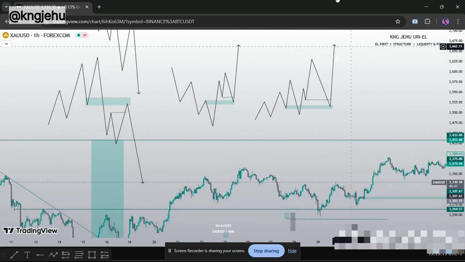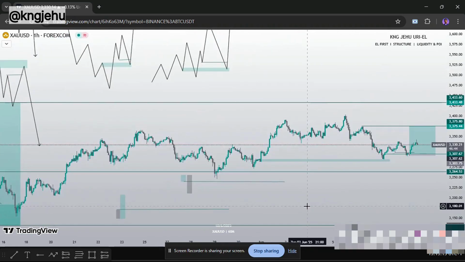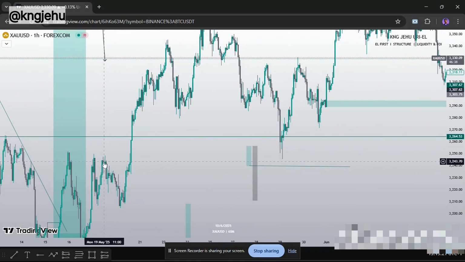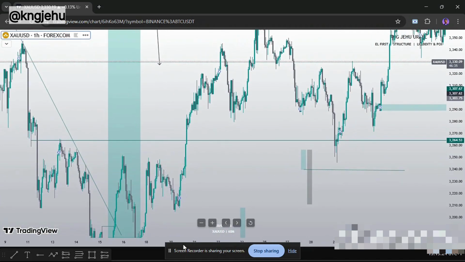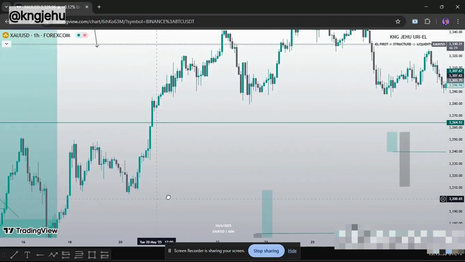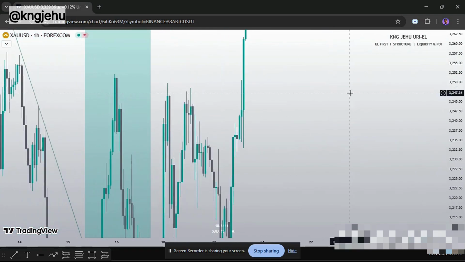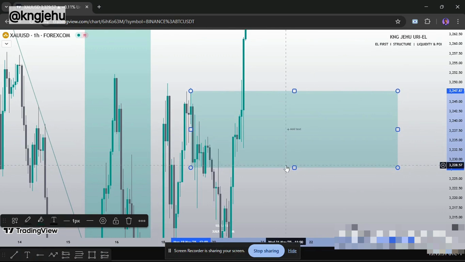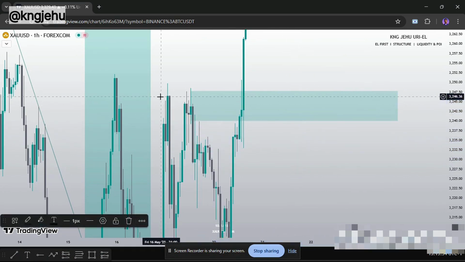So now let's go to chart examples. Okay, so first of all, right here you can see this point. What do we call this now? This is going to be a bearish order block because it's the last bullish candle before this impulsive bearish move. So right now we'll mark the order block from here like this. See that? So after we mark the order block, you can see this is the candle we are marking,